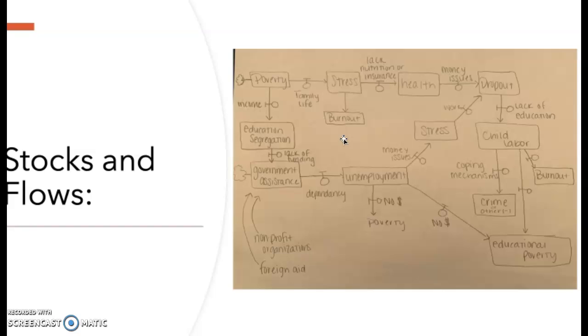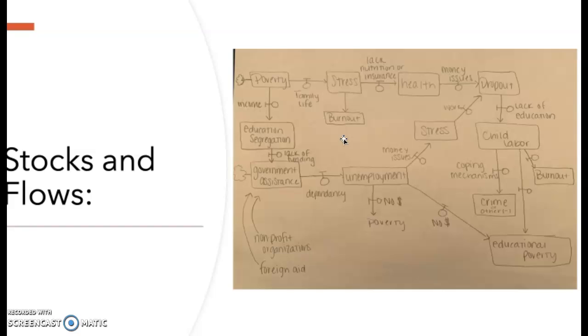So if a poverty family, we'll go across the top first. Stress can be implemented from your family life. If we're looking through the eyes of a child at school, their family life can cause them an extreme amount of stress, and that can lead to either burnout or health issues. Granted, this isn't always the case; this is just a route that I decided to look at after doing some research and seeing that a lot of impoverished families struggle with their health and their stress and school dropping out. So this is the route I took.